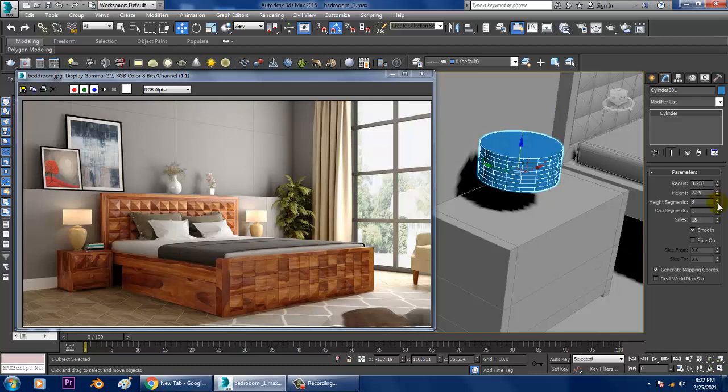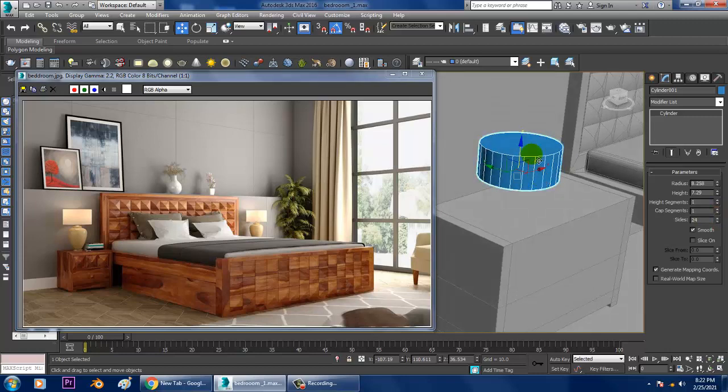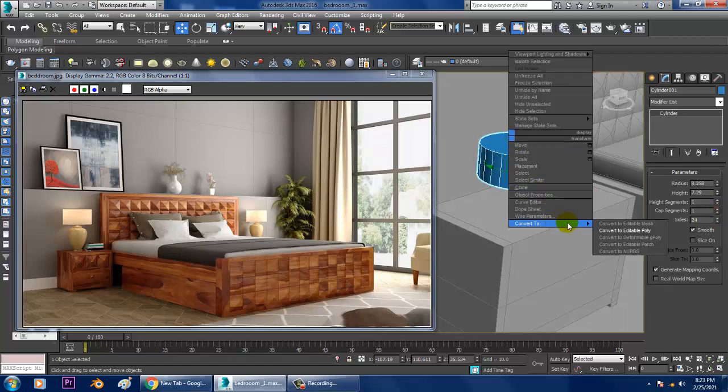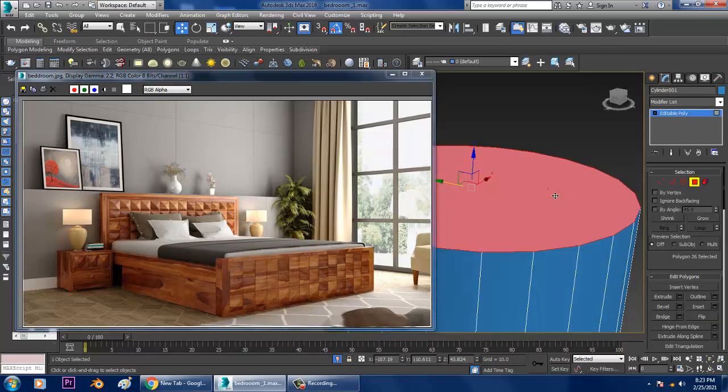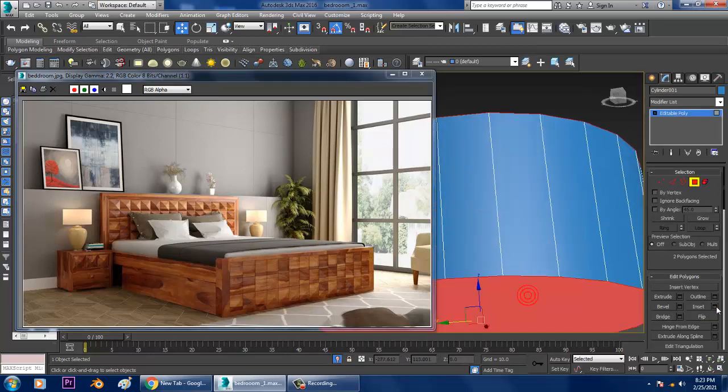We can reduce its height segments and increase its sides. Convert to editable poly, inset it